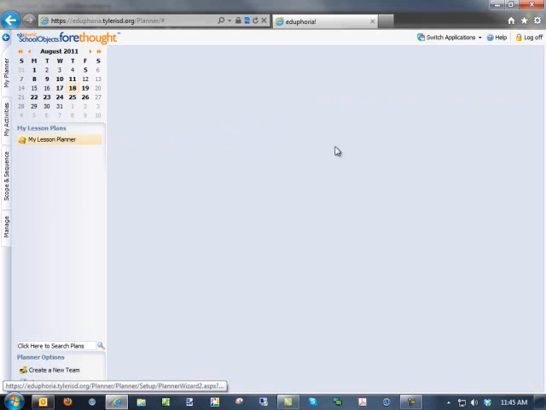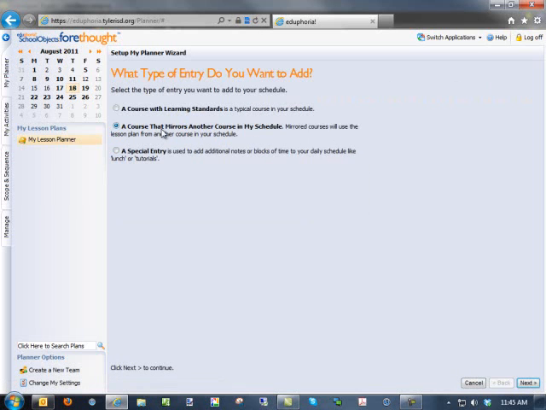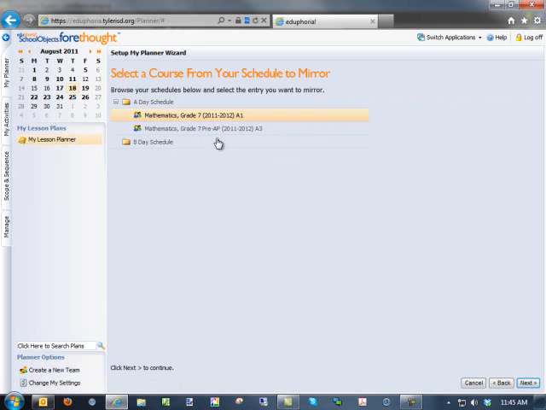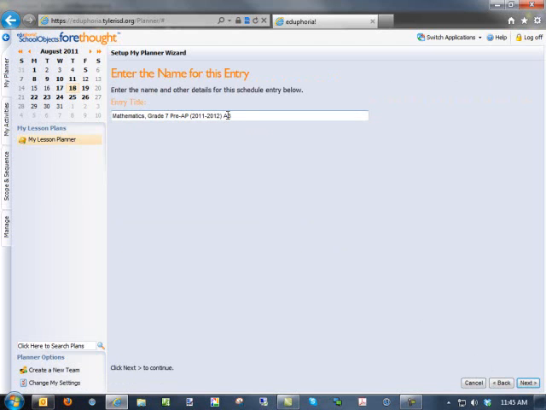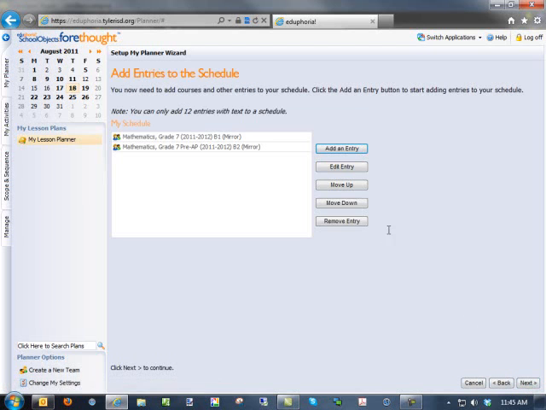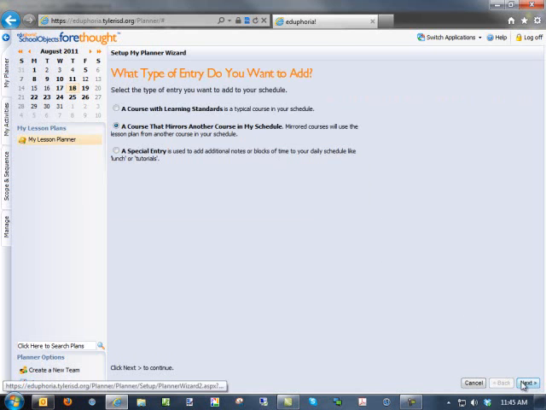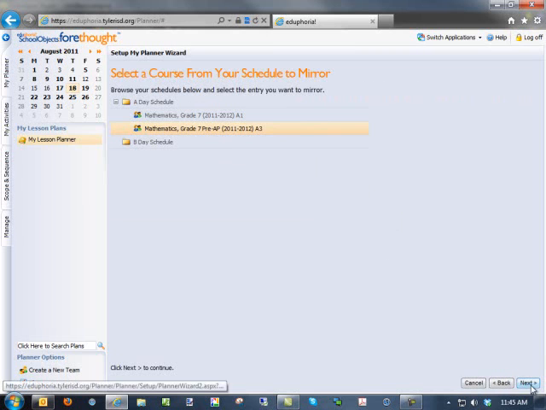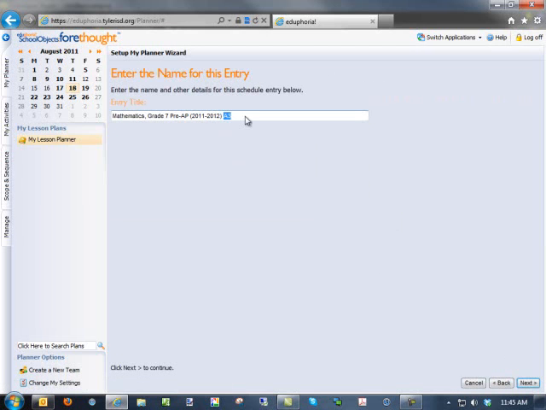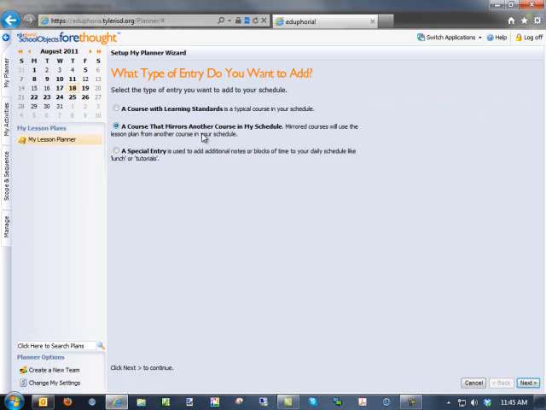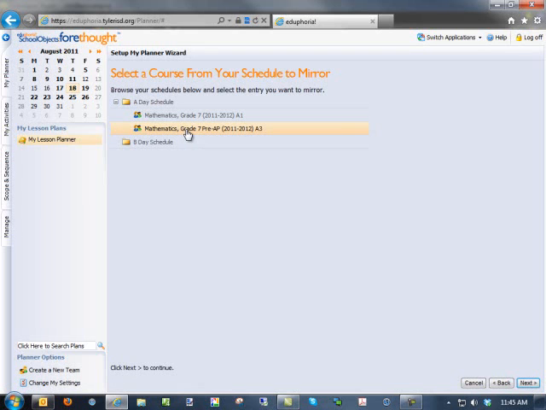Then I'm going to add an entry for B2. Well, B2 is going to be a pre-AP, so yes, I want to mirror again, but this time I want to mirror this particular class. Okay, so I'll click next, and I will name it B2, and then I'm going to mirror that same class again, another pre-AP class, and name it B4, and then finally one more, mirror that very same pre-AP class,